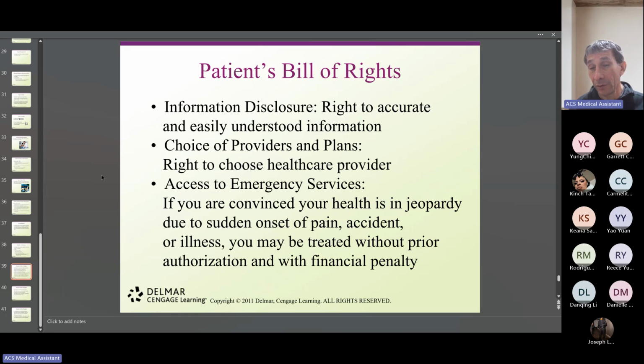Later on, you're going to be billed at home or make arrangements for payments. But for the time being, they're going to be taken care of. That's the patient's bill of rights. So remember, whenever you have questions on your exam about emergency situations, many of the policies and regulations we follow within a regular doctor's office, ambulatory or hospital specialty, we do not follow much, because it is a different situation.